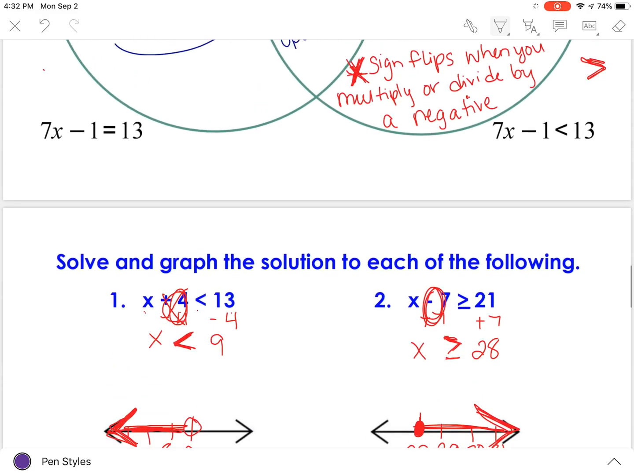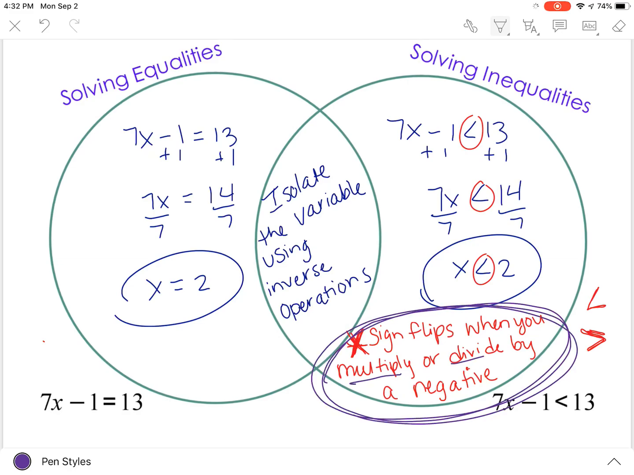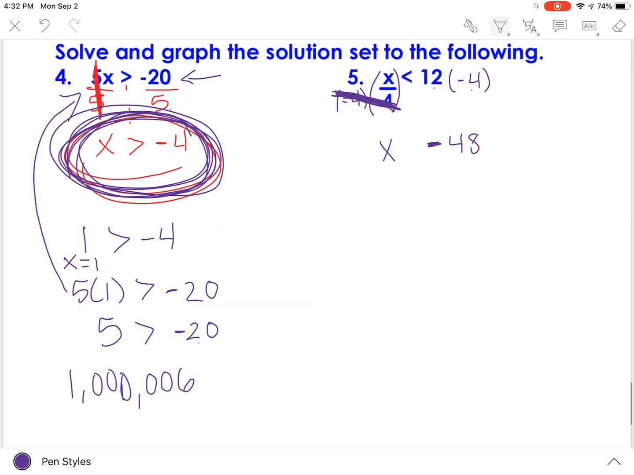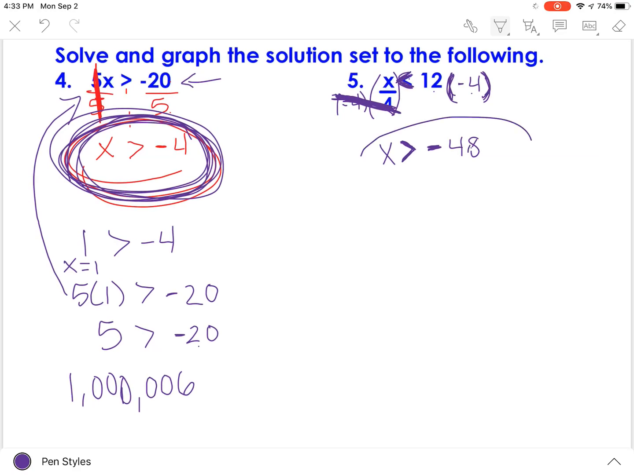And if we go back up for a second, looking at our comparison, we said that the only difference is that if you multiply or divide by a negative number, your sign flips. So when we're looking at number 5, notice how we multiplied by this negative 4. So we started with a less than sign, but for our rules of solving inequalities, that sign will flip to a greater than sign. So x can be any number that is greater than negative 48, and that is our